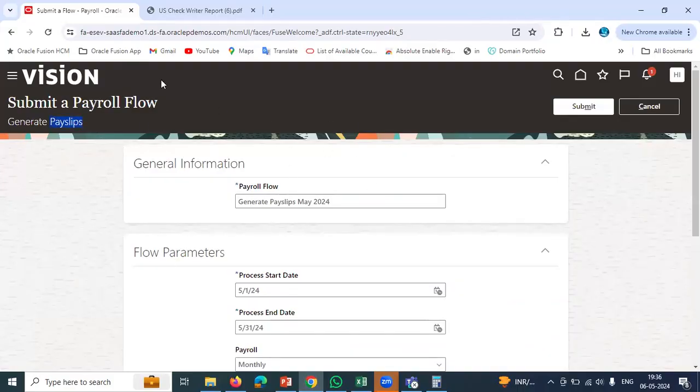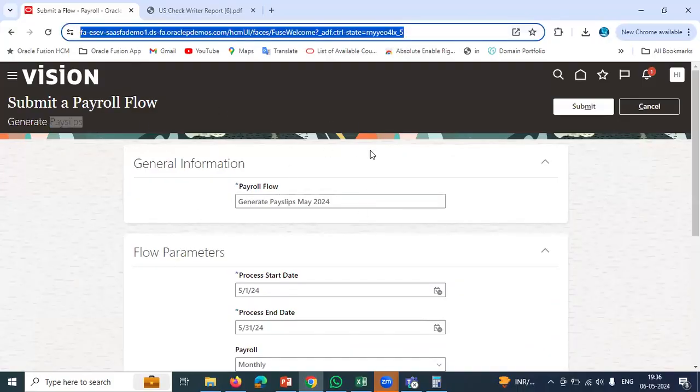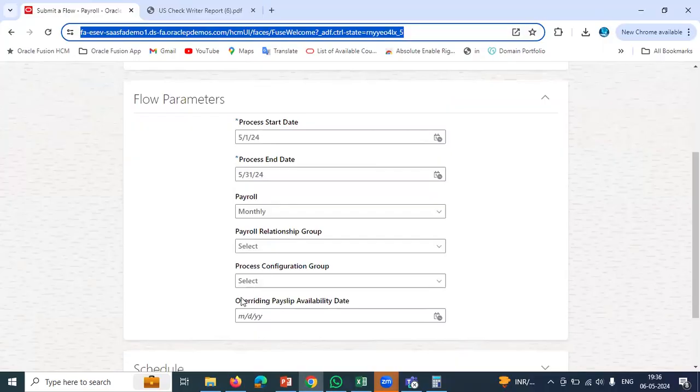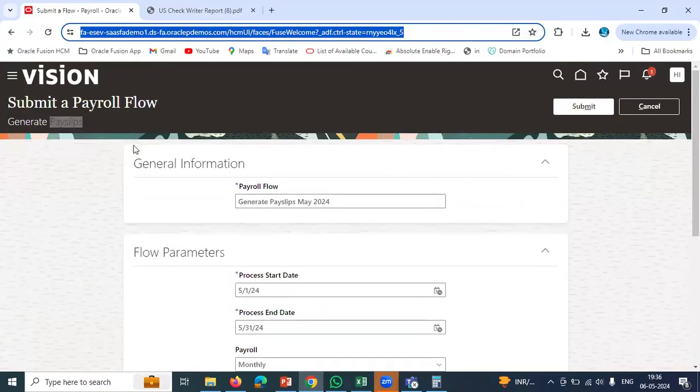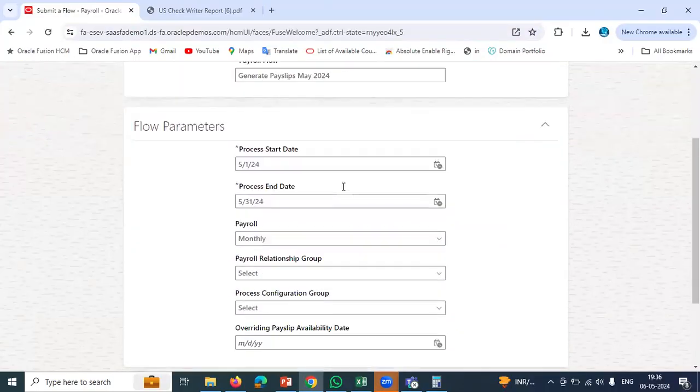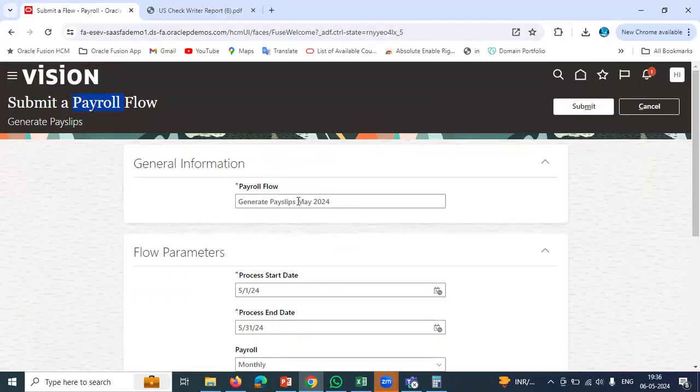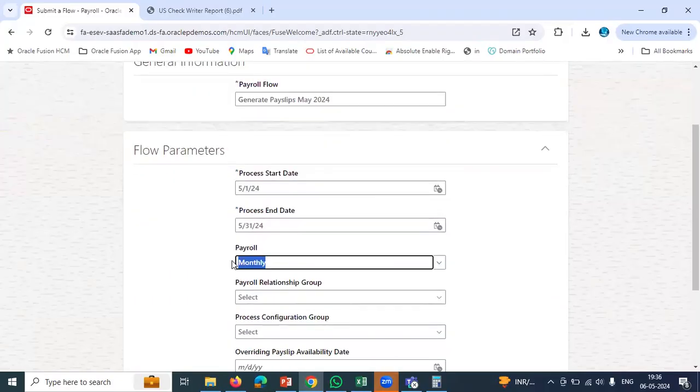By running this process, team, payslips will be printed for all employees. Even from their employee self-service also, they can check. Under Me, if they go to Pay, they can check that. But here, team, whenever you are running the payroll, when you are configuring the payroll,